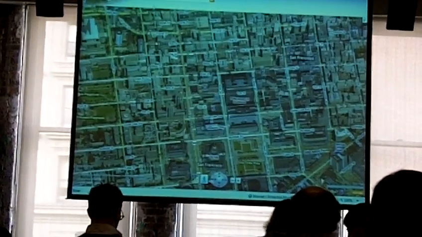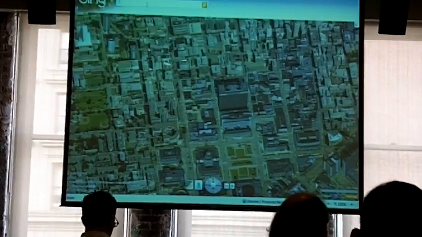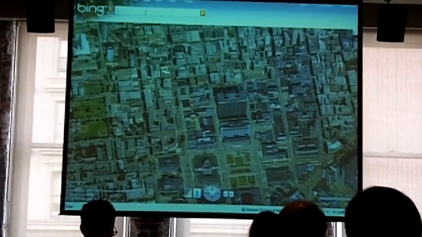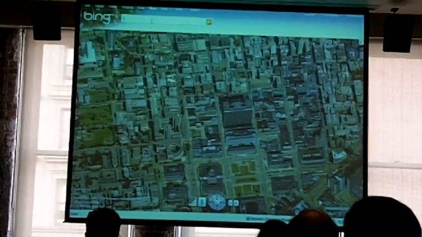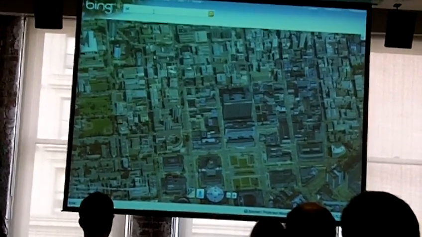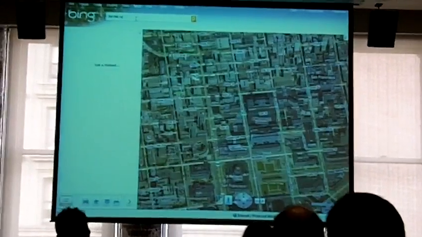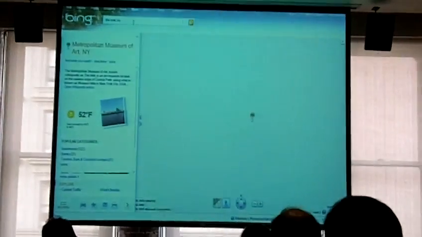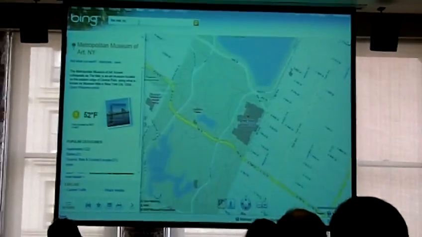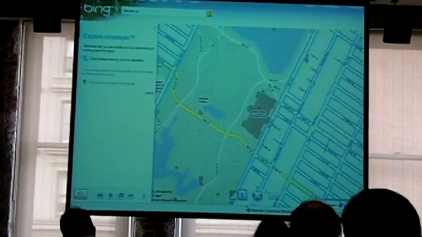We're not only focusing on stuff that we collect ourselves using planes and vans that drive down the streets and so on, but also integrating this from the head all the way down the tail in the following sense. So I'm going to do a little search for the Met, New York. We fly down to the Metropolitan Museum of Art. When I click on Andrew,